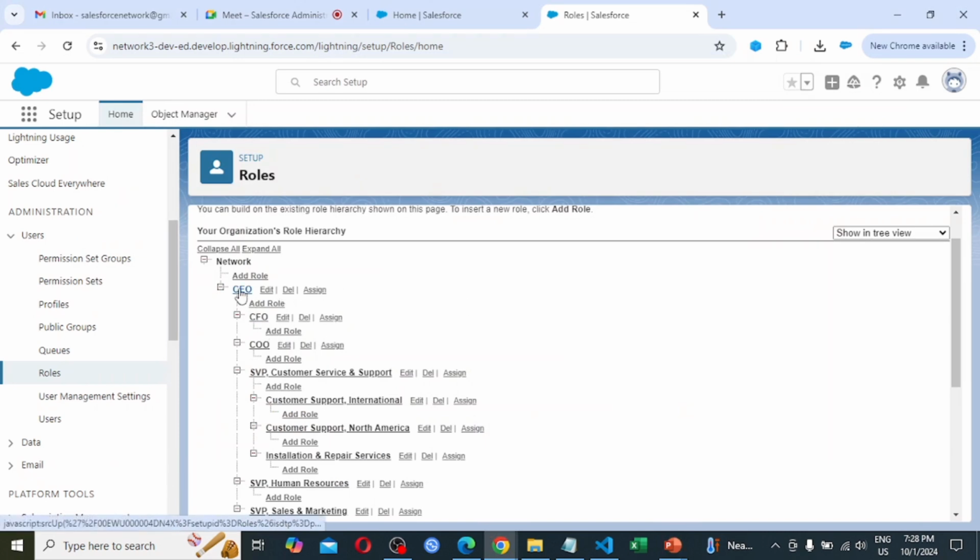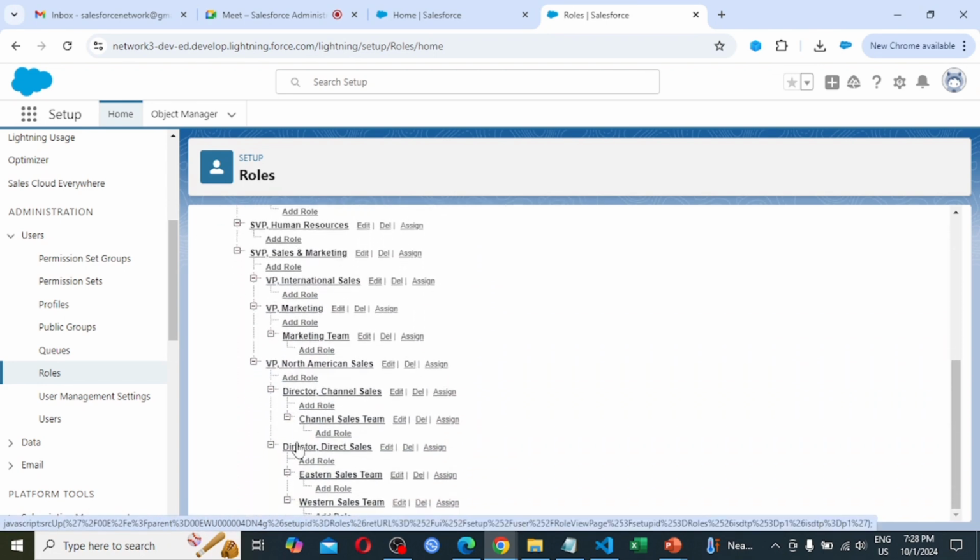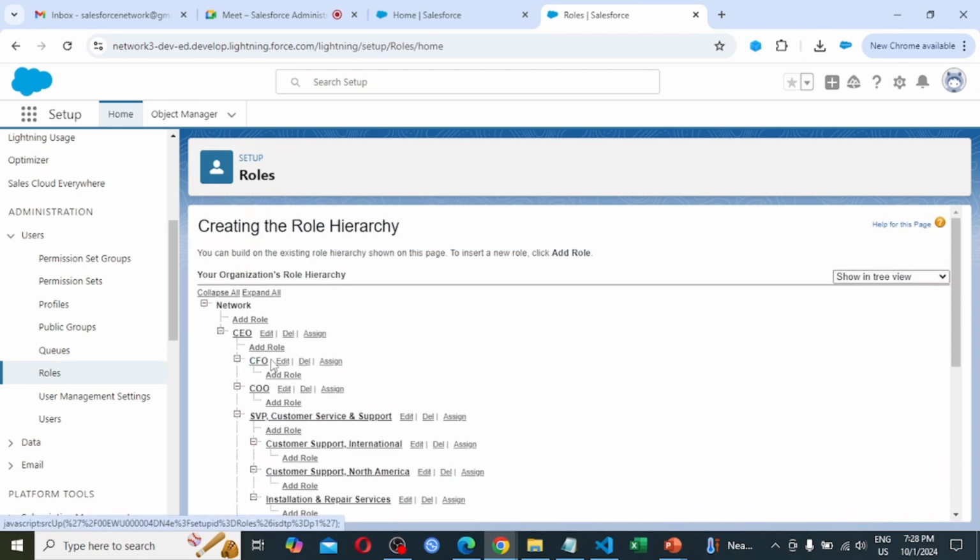So already we are seeing CEO, then we are not going to delete all the role hierarchies. So simply we are going to add the role under CEO, as CEO is already there. So we are not going to create one more CEO.